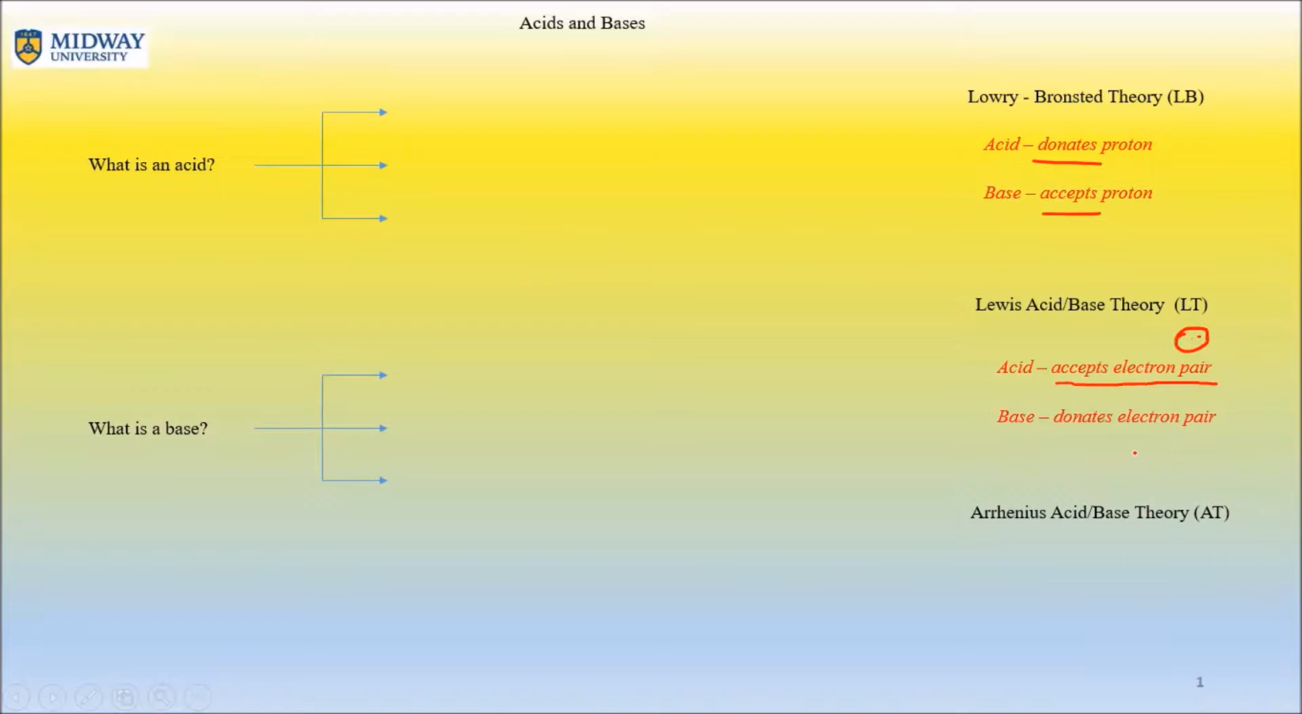Okay. And then a base is one that donates an electron pair, okay? Now, Arrhenius theory is probably something you may be somewhat familiar with. An acid is one that generates a proton. Now, keep in mind, there's a difference in how I'm using my terms, right? When we discussed Lowry-Bronsted, we said an acid is a substance that donates a proton, right? But according to Arrhenius, an acid is a substance that generates a proton, and a base is a substance that generates